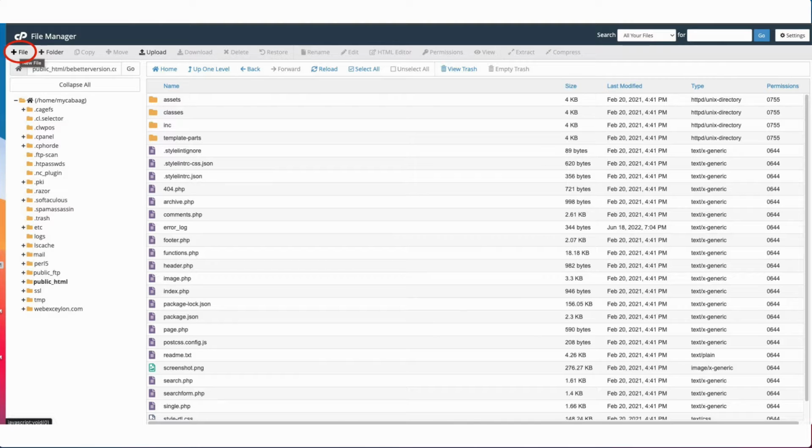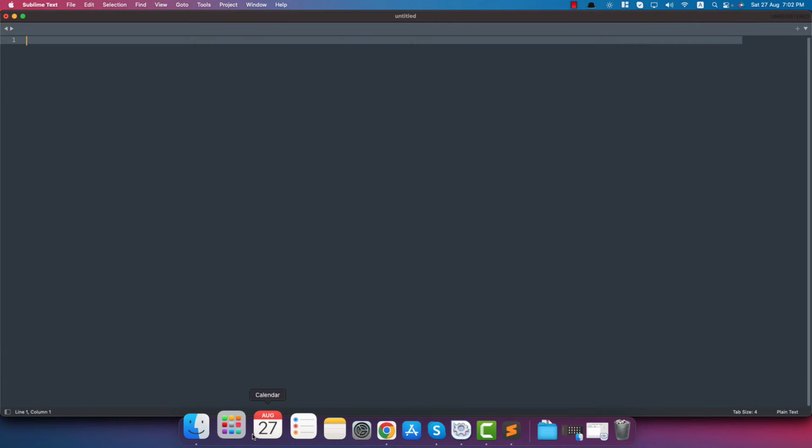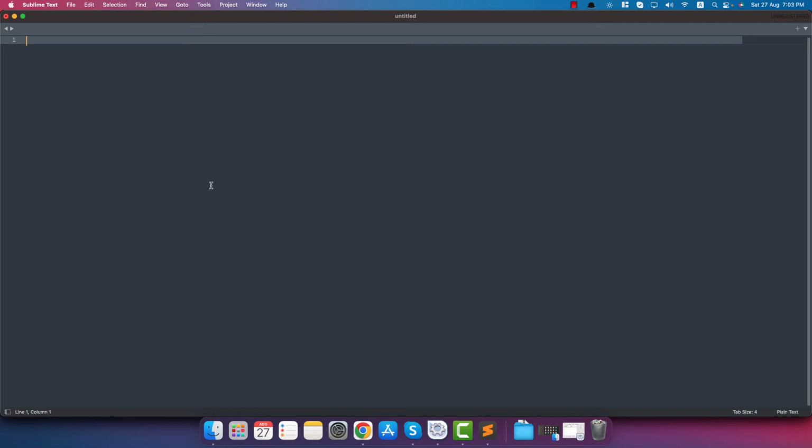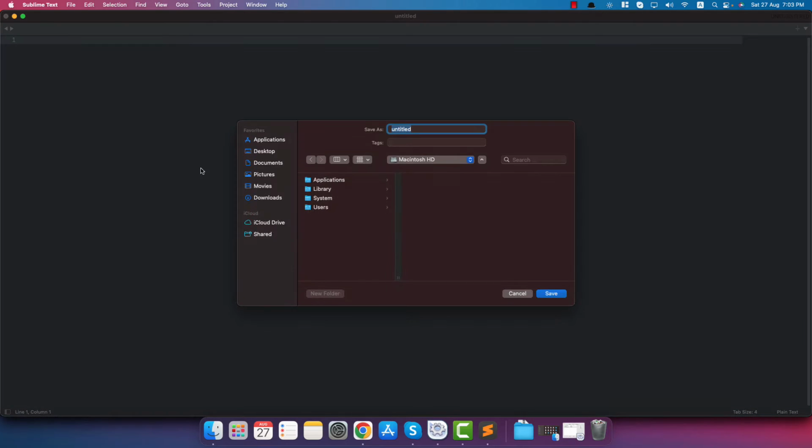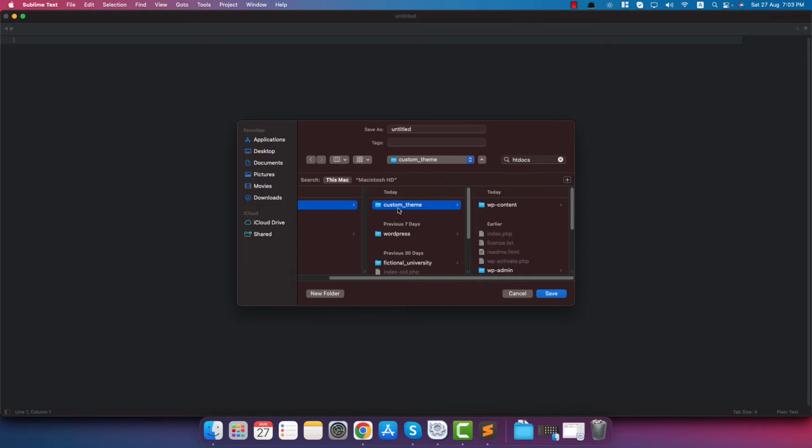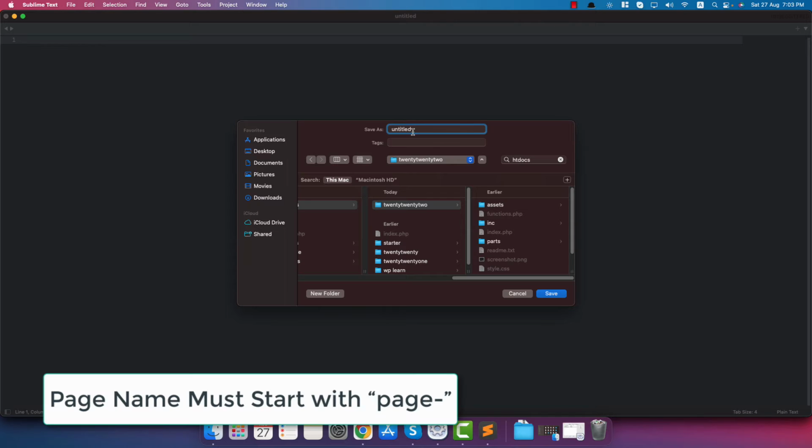In my case, I will open Sublime Text and press Command S, and now I have to go to htdocs. Here is the website folder, then wp-content, then themes, 2022. Here I have to create a page. When you create the page, you have to start the file name with page-